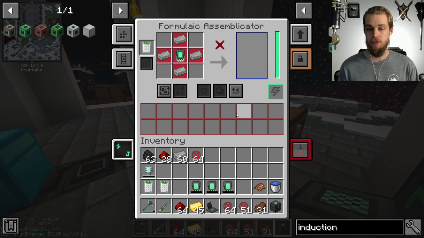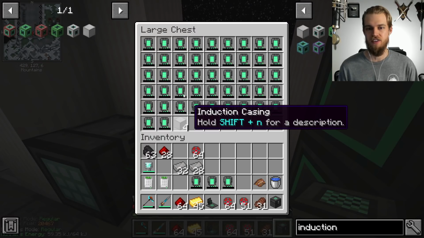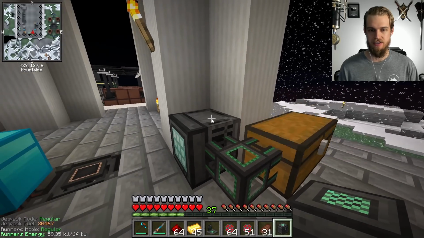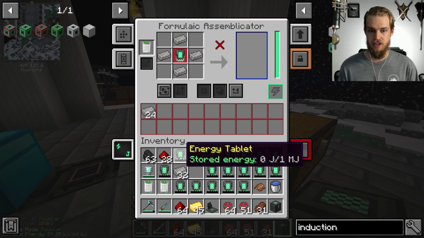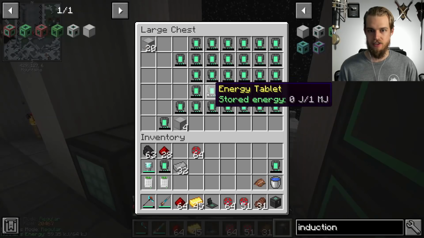So now I'm going to be able to make automatically as many casings as I'm going to need. All I have to do is dump all the inventory in there. So we have a bit of a problem. I can either physically do this. I guess that wouldn't be the end of the world if I physically did this. And if I threw in the steel, that should control the amount of casings that I make. And now if I just physically move all these energy tablets,